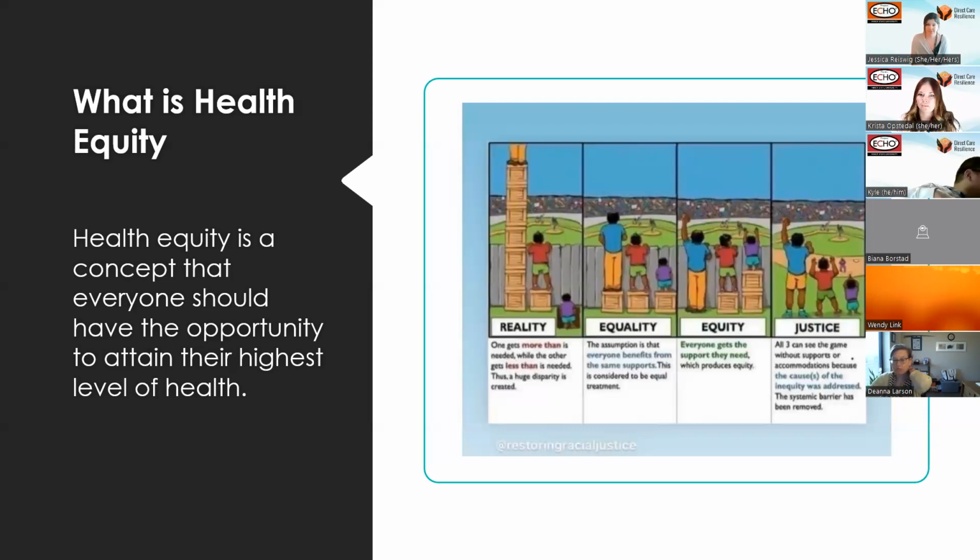So with that, I want to outline that the social determinants of health are really based on this concept of health equity. So health equity is a concept that everyone should have the opportunity to attain their highest level of health through a fair and just distribution of resources. Health equity recognizes that health disparities are not solely the result of individual choices or behavior, but they're often driven by systemic and structural factors that includes discrimination, poverty, a lack of access to healthcare, and unequal distribution of resources.